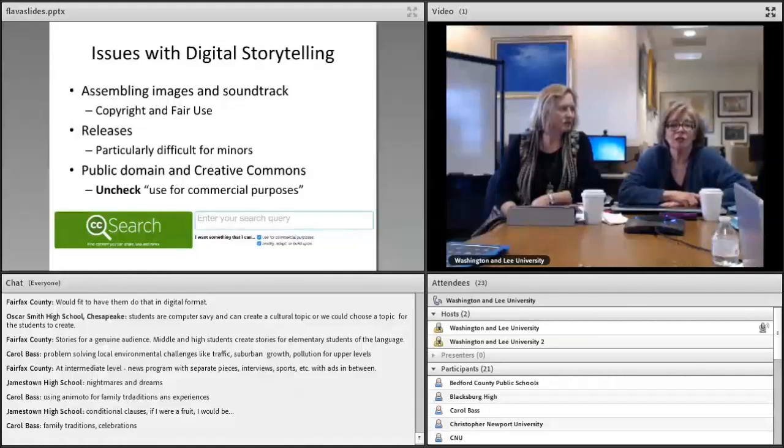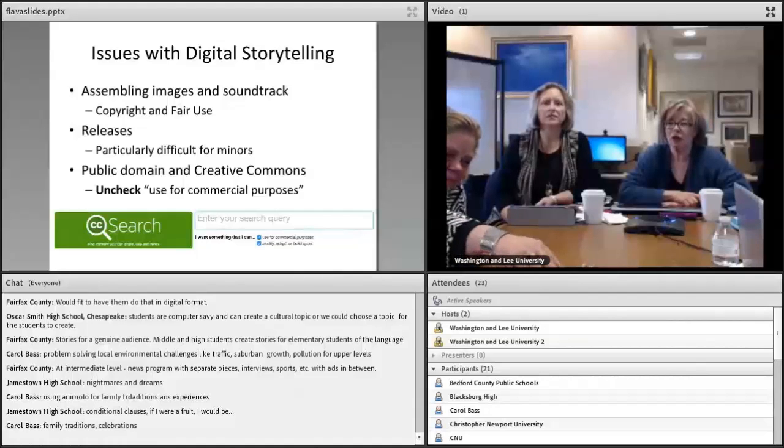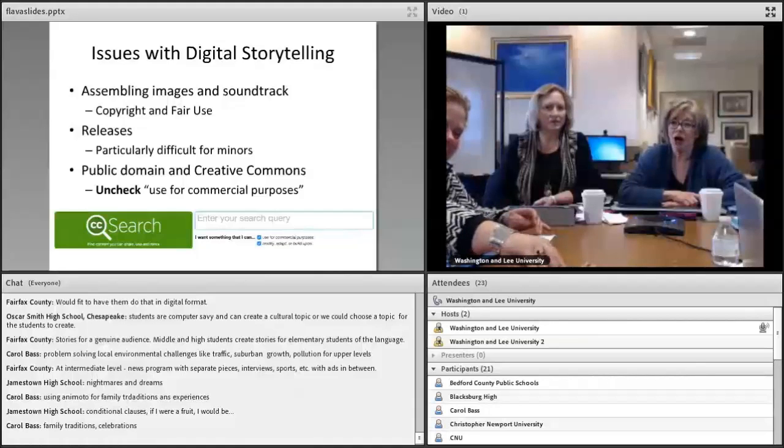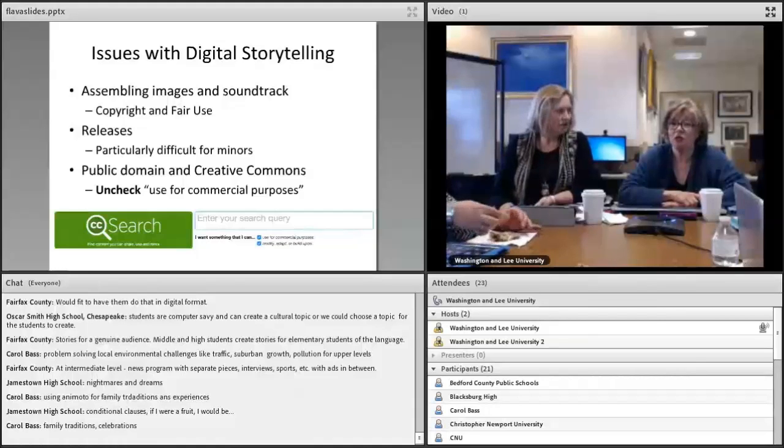That's one of the reasons that nobody beyond this will ever see that particular digital story anywhere public, because the use of copyrighted music in digital storytelling or anything else that's going to be public is probably going to get you a cease and desist letter. The music industry very much keeps track of where copyrighted music is online, and you will get cease and desist orders. Anybody at a university or school who says they have not gotten one is probably not telling the truth. The university lawyers have certainly gotten them.